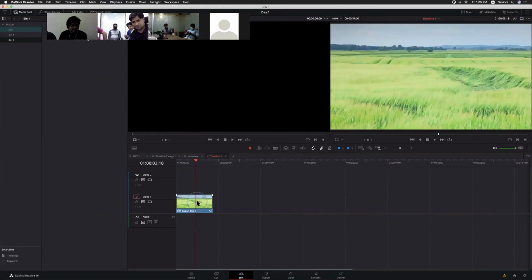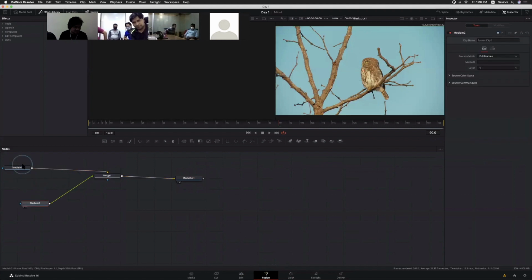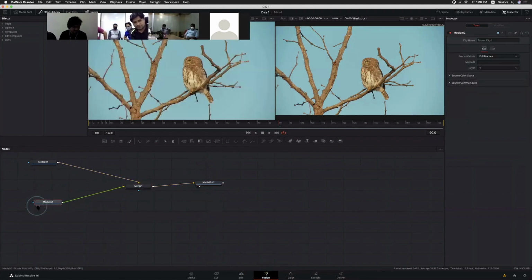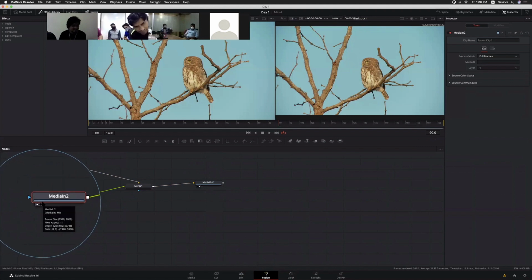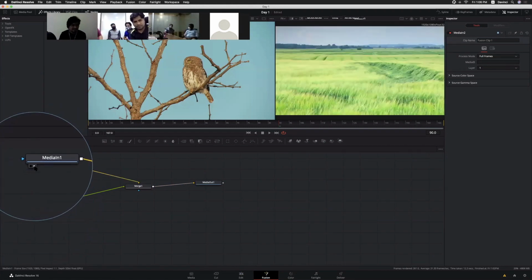Now when you create a Fusion clip, it automatically merges foreground as well as background. When I open this clip in Fusion, you can see the merge node also. For this we need to add a delta key. Okay, these dots represent the viewer options. The first one and the second one, like that. Now if I select this one, this is our background.